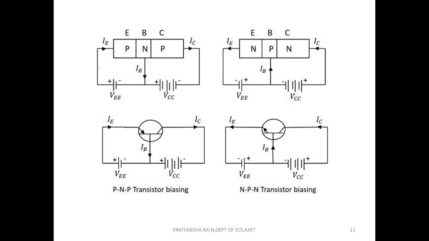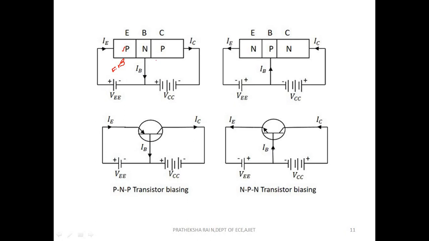In case of PNP transistor, this P side should be connected to the positive side. Yes, the emitter base junction is forward biased, right? And the collector base junction is reverse biased. So you have to see this properly. Just concentrate on this PN junction part here. This P side is connected to the positive terminal and N side is connected to the negative terminal. So this is in which bias now? Forward bias.